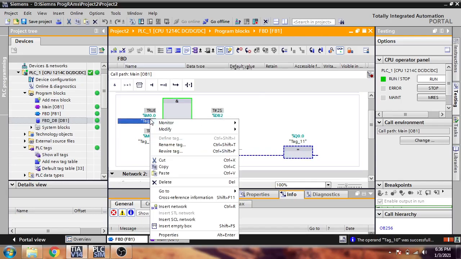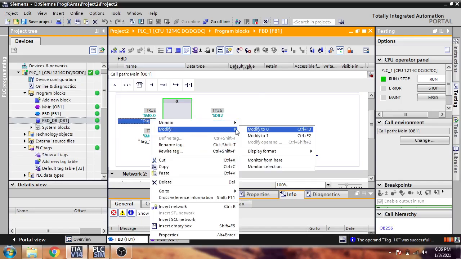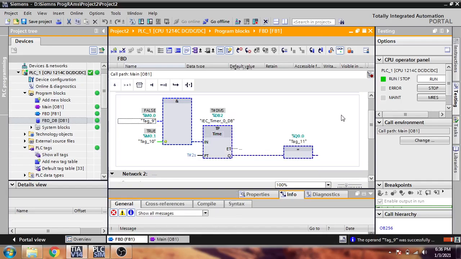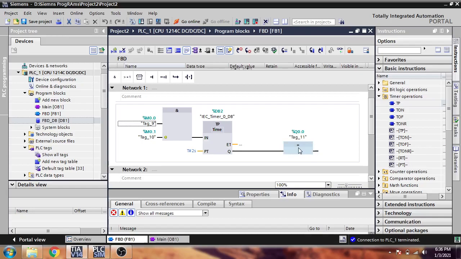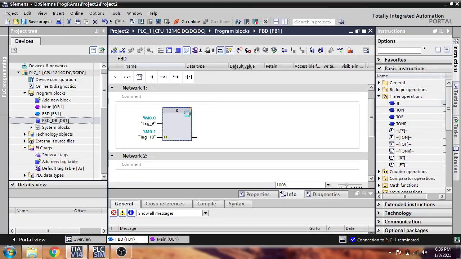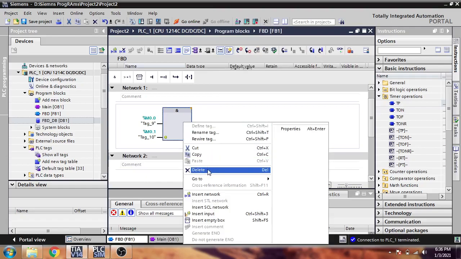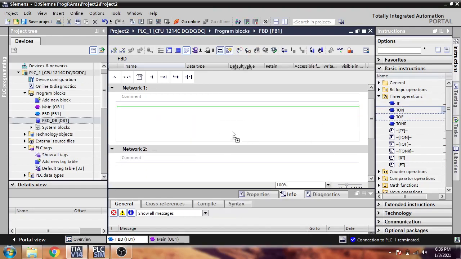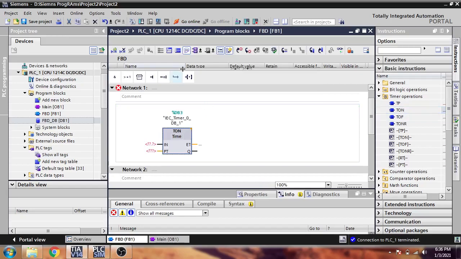So I am going to make it 0. So that's how timers work, and you do every operation by just drag and drop like that, and paste your output like that.